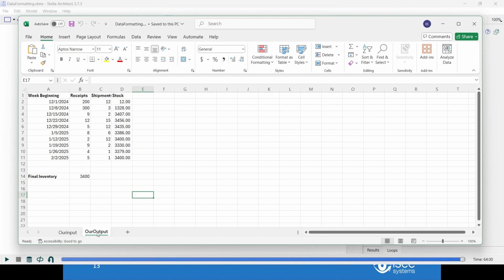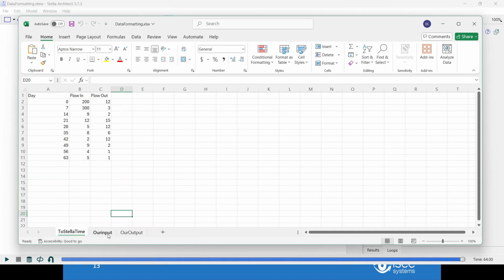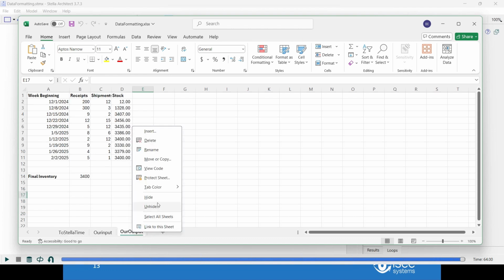Now this spreadsheet, and as I say, I will make this available, has some hidden rows in it, which are actually the things that are working with Stella. So these are Stella time varying values. These are flows in and out over time. We're importing these as time varying values. If I unhide again,